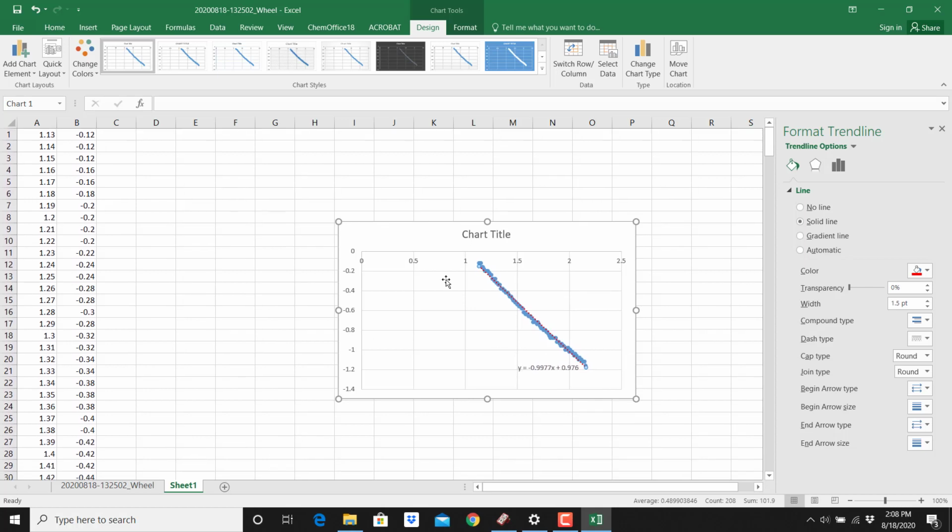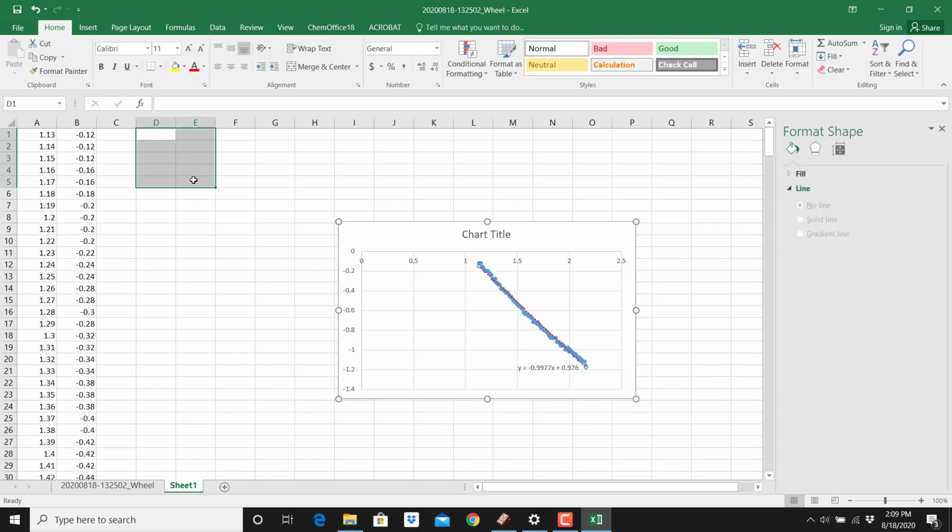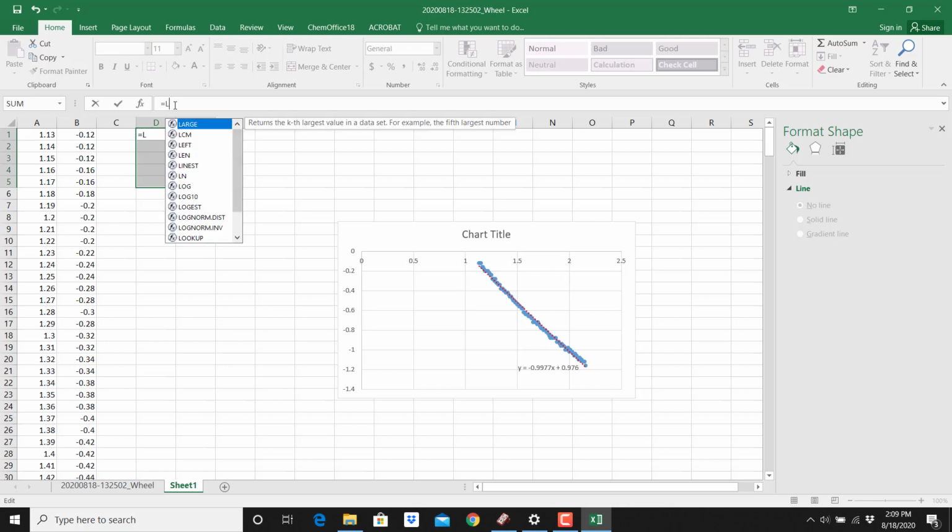Now, I have the slope, but I don't have the uncertainty in the slope. So what I can do next is select here 2 columns and 5 rows. And with them selected, I'm going to go here to the formula bar and use a function, line statistics. So that is, we enter equals LINEST, again for line statistics. And then I want the